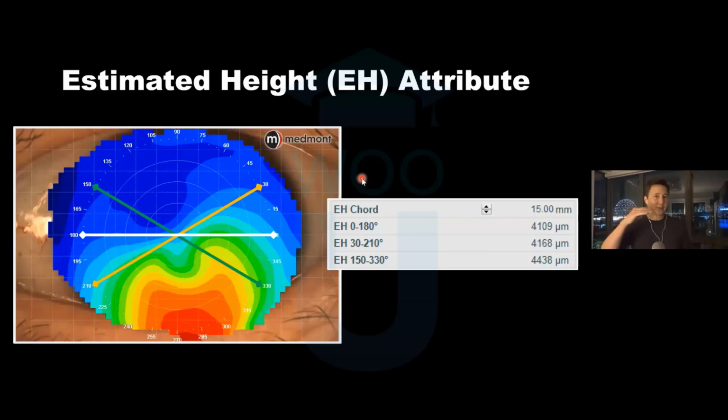Now we take that estimation, that assessment, that measurement at 3 different angles, at basically 0, 180, 30, 210 and 150, 330. The idea being we want a bit of a sampling so we get an idea of how much sag may exist across this eye. It can be very challenging, as you can imagine, to get a vertical meridian measure on some of our very deep set eyes. So I primarily concentrate on the horizontal meridian, or close to where I know we're going to stretch that topography